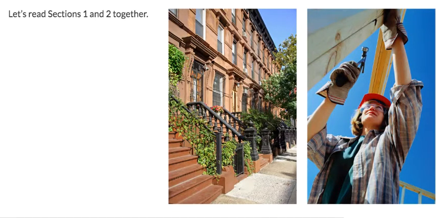So a community is a place where people live. Some people live in houses, some people live in apartments, and some people live in mobile homes. And a community is a place where people work. Some people work in offices, some people work in factories, and others work in stores and restaurants. Some people work indoors, some people work outdoors. Where do people work in your community?